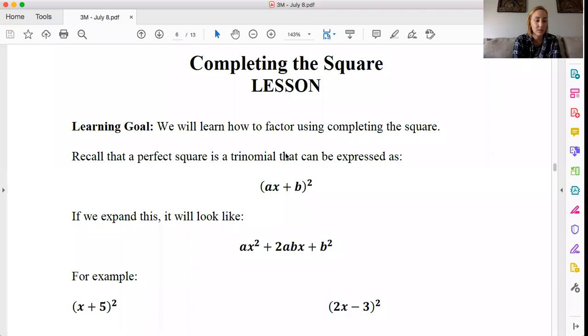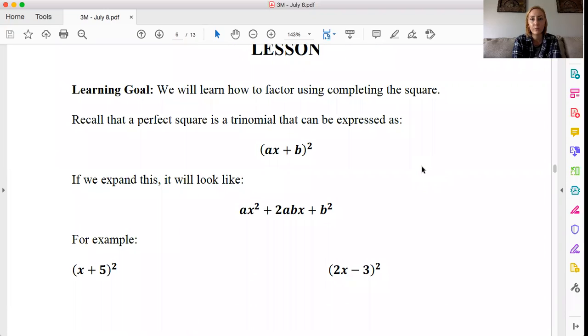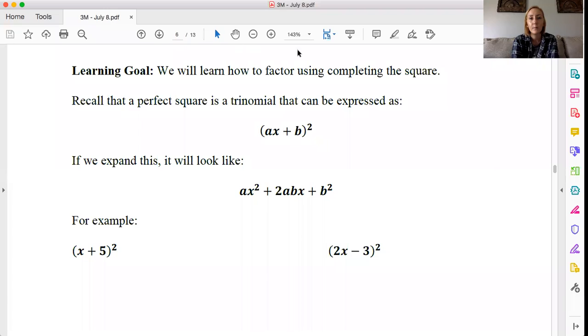So yeah, just looked at how to graph a quadratic function. So we're going to look now at a bit more factoring stuff. This is the last bit of it just because it's quite important for this unit and being able to graph